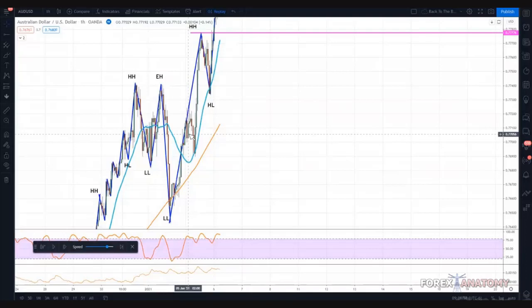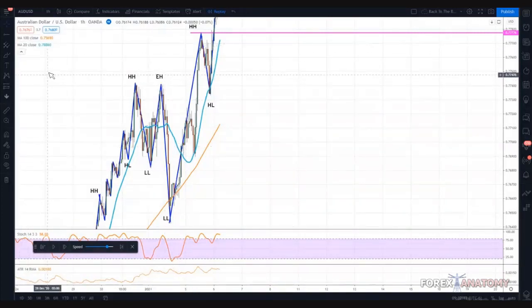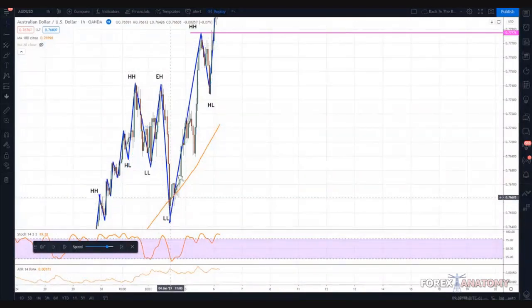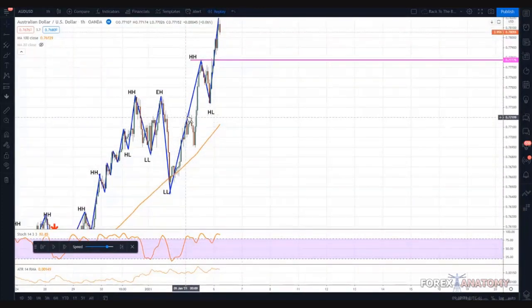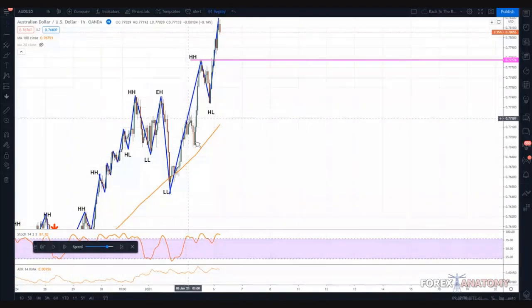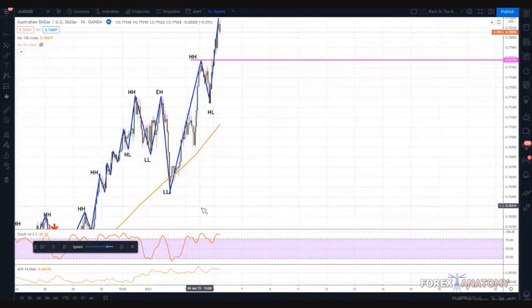But if you were looking solely at price action alone, as far as these waves and how you read a price chart, you would have probably been tricked into actually entering a short, and that's the power of using all these factors. Like if I was to hide this 20 EMA right now, because we don't have the 20 EMA to share with us what's going on as far as the momentum changes, we can easily get tricked into entering this sell and hoping for price to at least test the lows or push past it. But